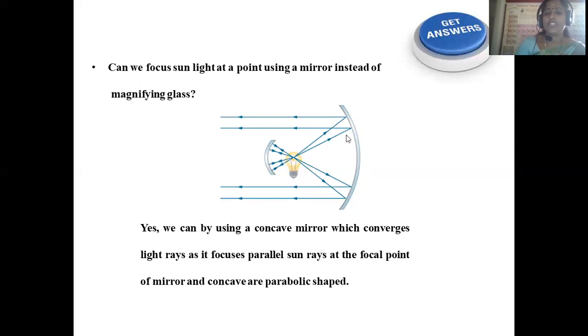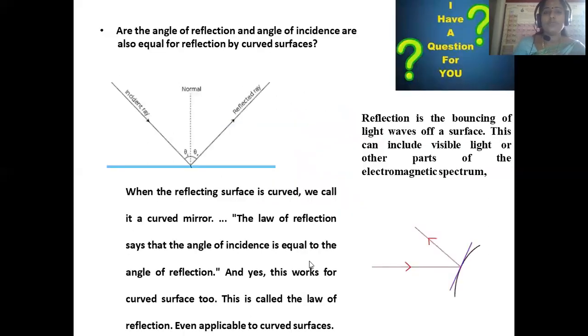Parabola, that means the curvature is there inside, that is called a parabola, right? Here you can observe this curvature inside, which is called a parabola. The outside of the mirror, if we are using the mirror from outside, this is called hyperbola, but we are using inside, right? That's why you can say it is the parabola shape. A concave mirror is used to concentrate sunlight, just like a magnifying glass, right? Let us move on to the next one.